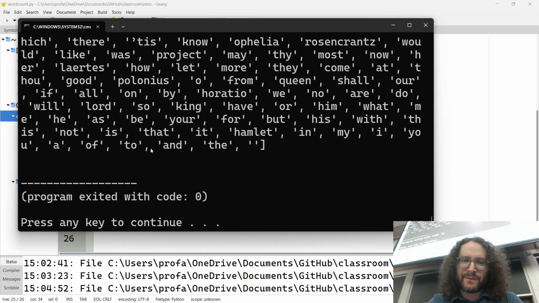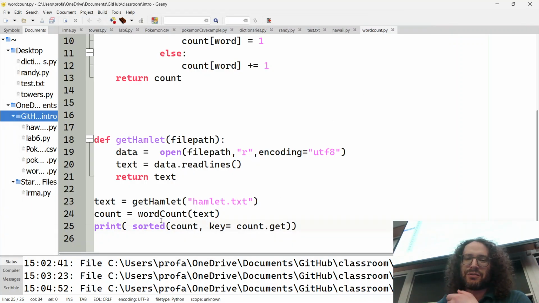So we can see our most common words here are the empty string, which makes sense, as those are basically our empty lines, and we have a lot of them. So we should probably remove that. But we have the, and, to, of, you, I, my, in, Hamlet. It makes sense that Hamlet would occur a lot in the play Hamlet, right? So that's how you can go through these things. And we can